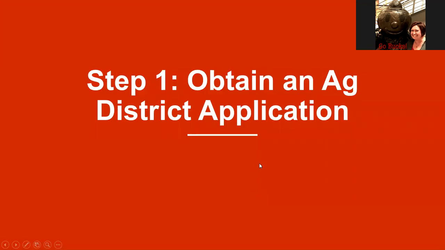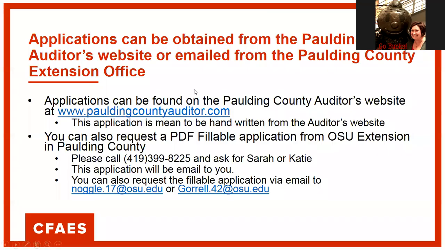So the first thing we need to do is obtain a copy of that actual ag district application. We can get those from the Paulding County Auditor's website, or they could be emailed to you from the Paulding County Extension Office. Our applications are at the Auditor's website, that address is www.pauldingcountyauditor.com. Again, that application that you'll find there is meant to be handwritten, or you can request a PDF fillable